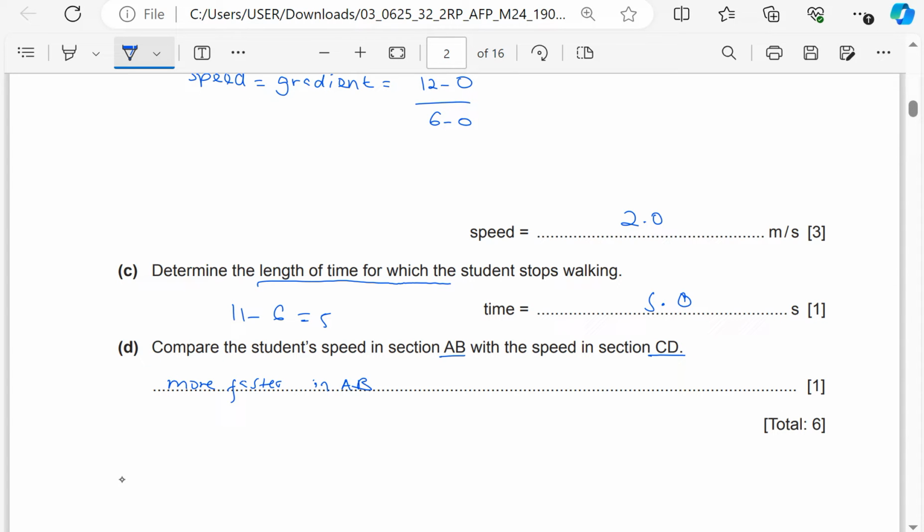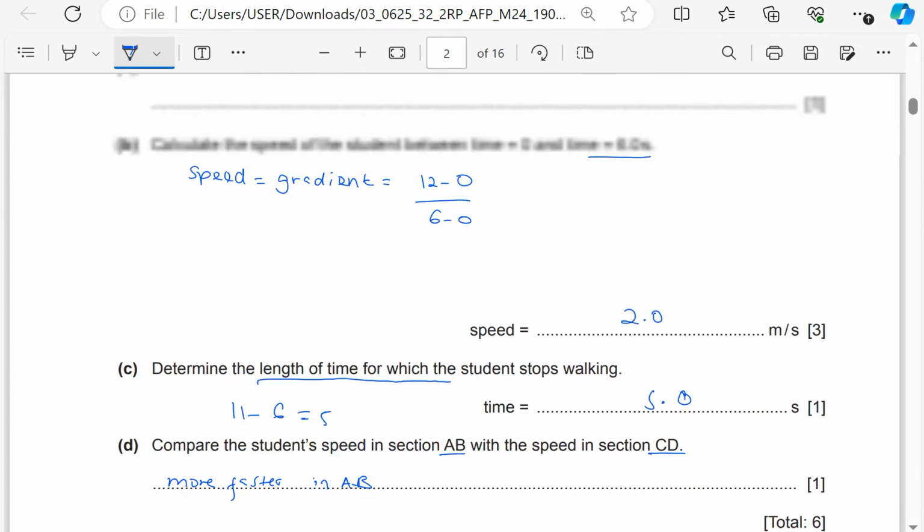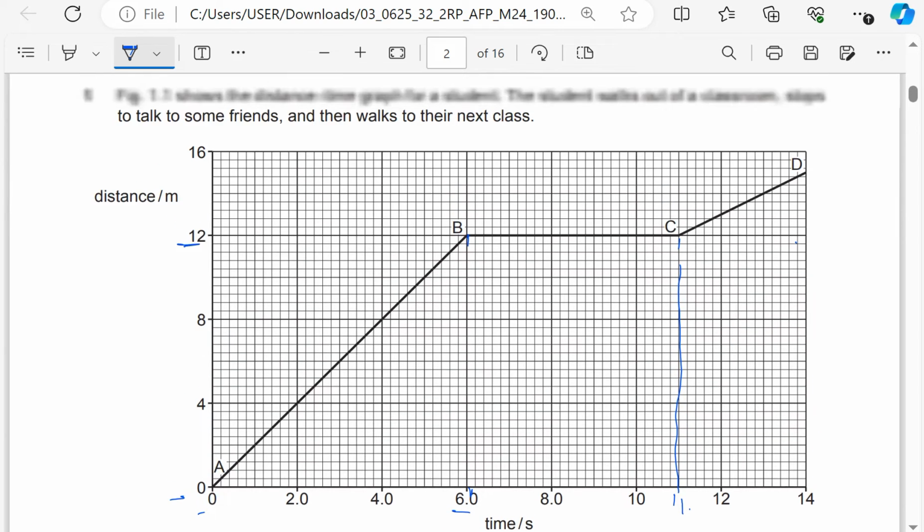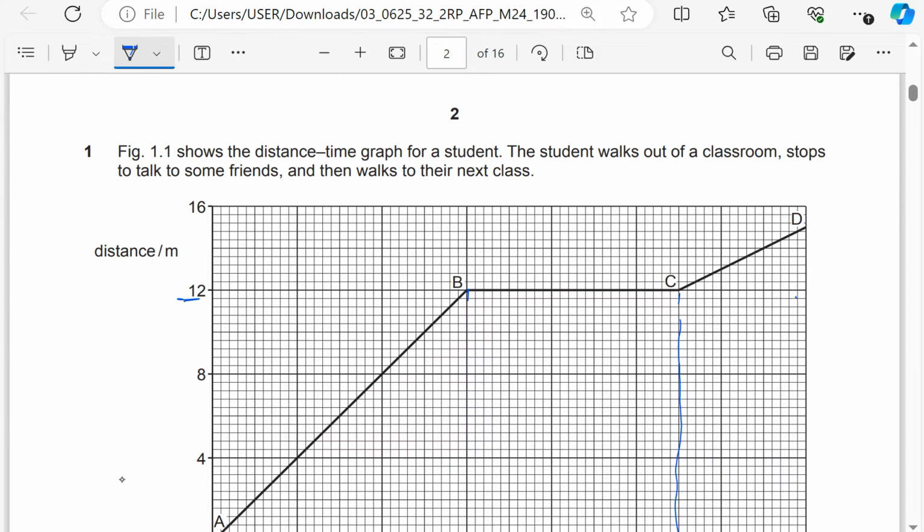Or if you want to be very specific, you can check the speed. You can find a gradient here. The gradient here is approximately, what is this value here? 12, 1, 2, 3, 4, 5. This is 13,